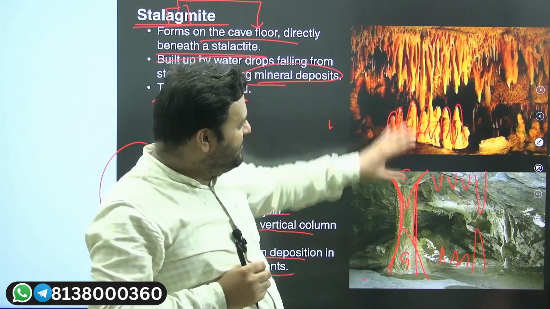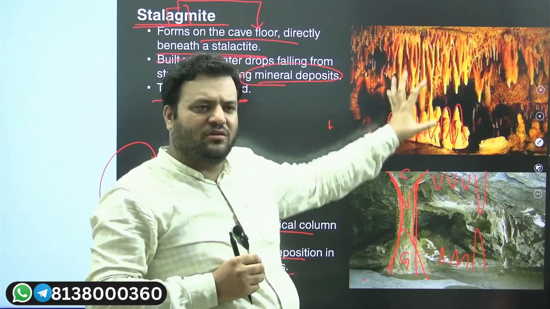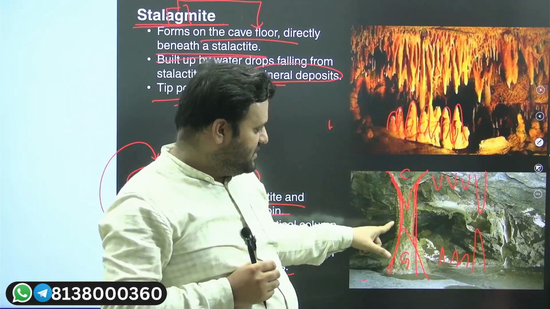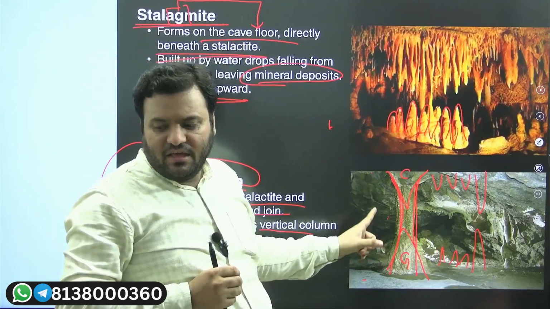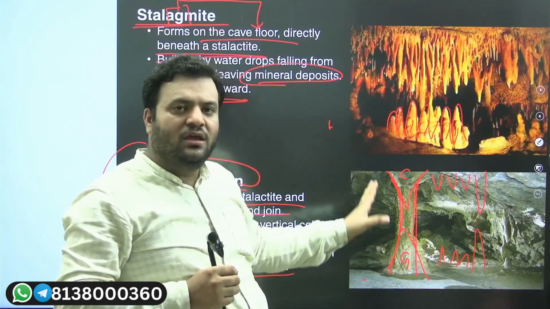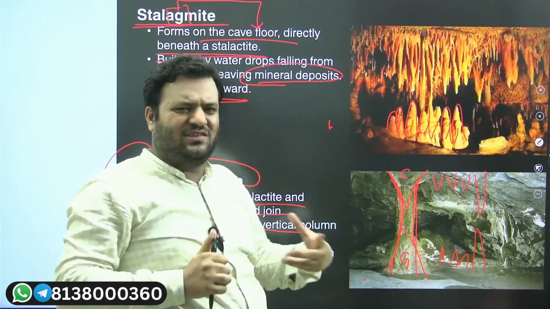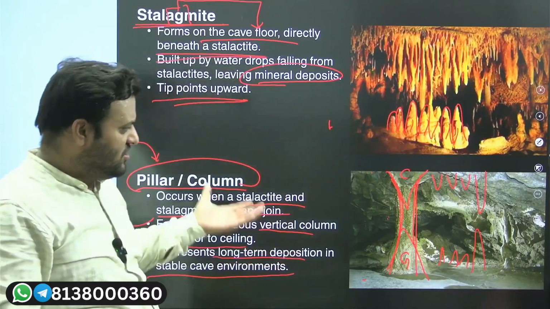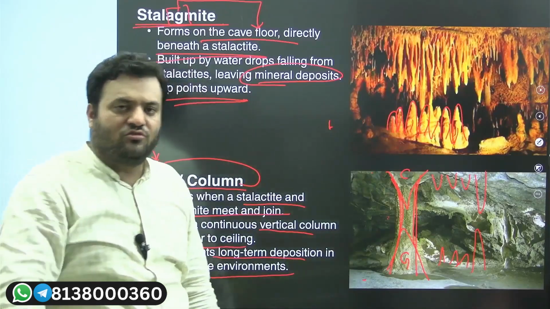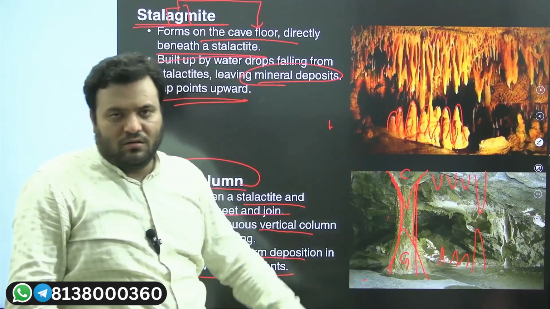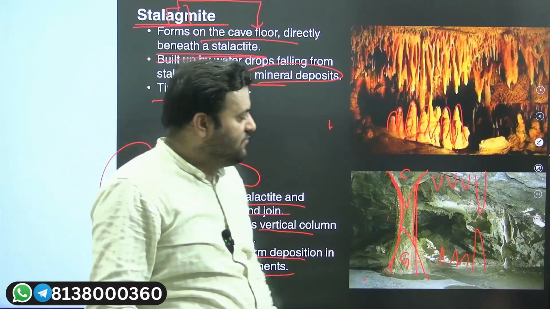So when we have this particular kind of shape, we say, okay, this is the younger one. But when we have this kind of shape in limestone topography, we say, okay, this is the older one. So this is how age categorization can be done with respect to limestone, these karst landforms. Moving ahead,